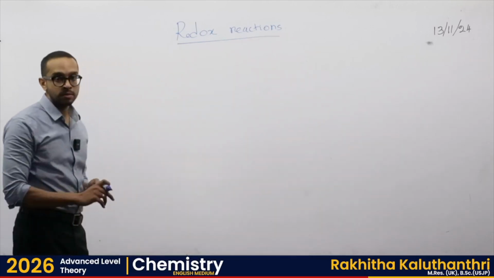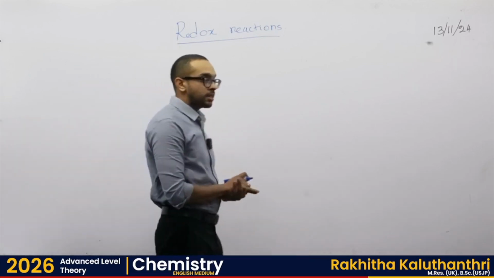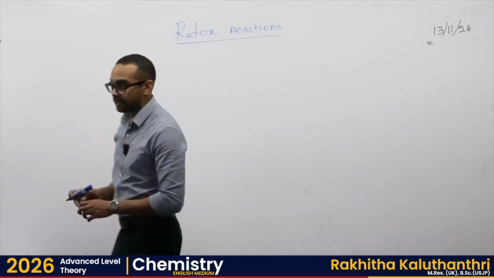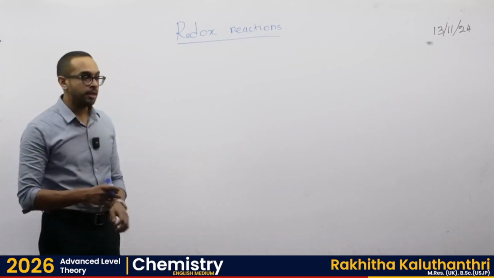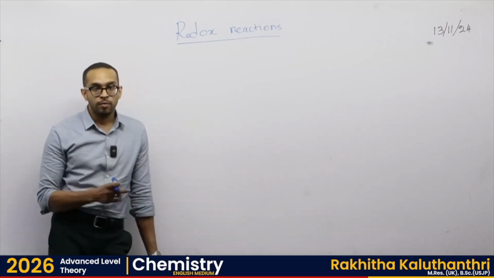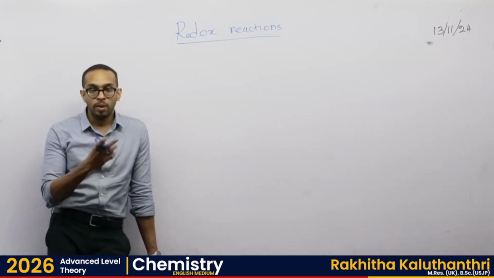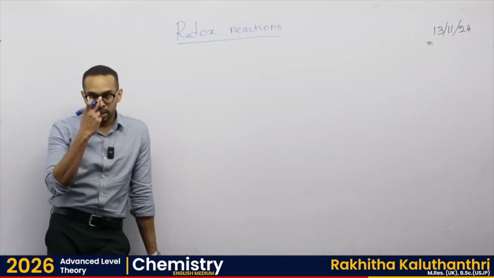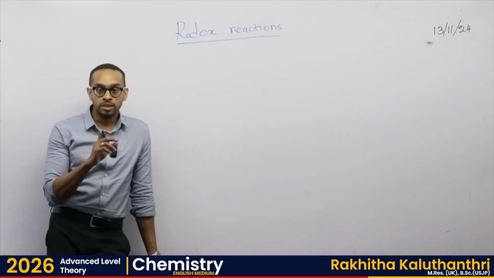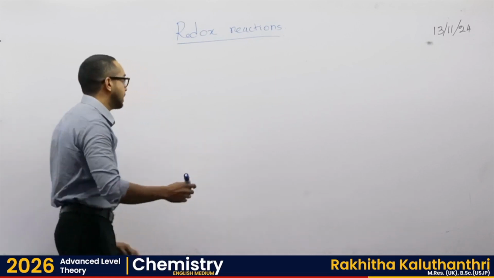Redox reactions. Now, redox reactions are quite simple, students. Redox reactions talk about the fact that if you have a chemical reaction where something is losing electrons while the other reactant is gaining electrons, there is obviously an oxidation and a reduction happening. Right? For example, if you take sodium,